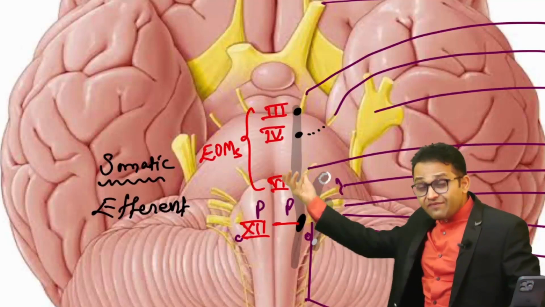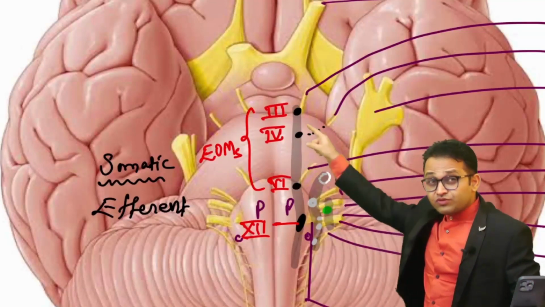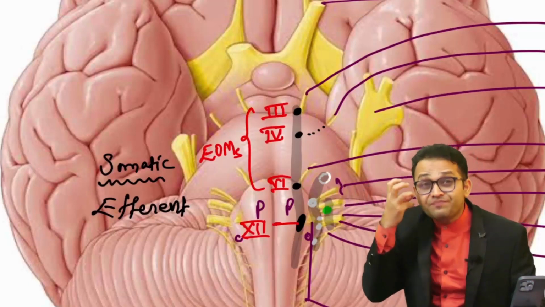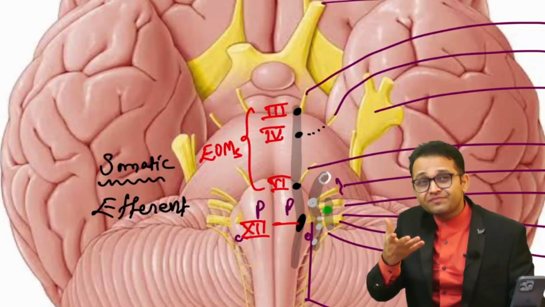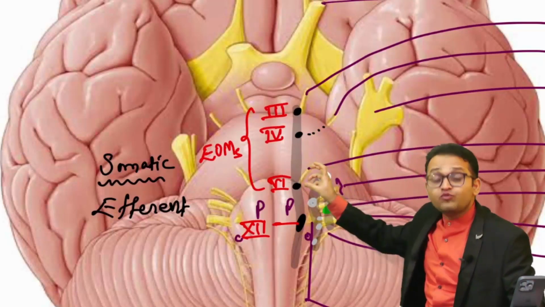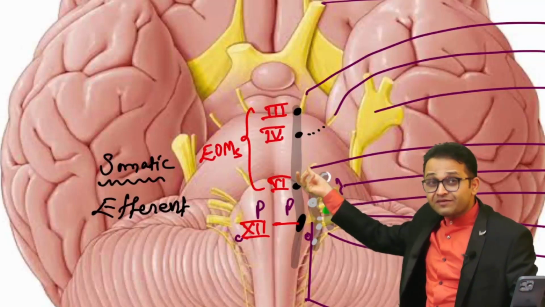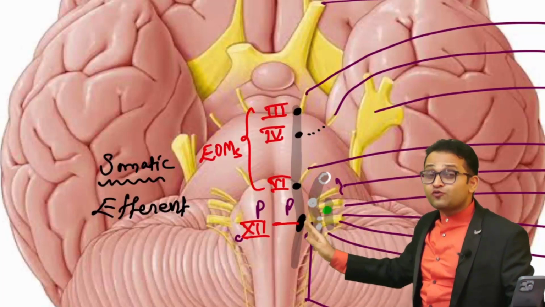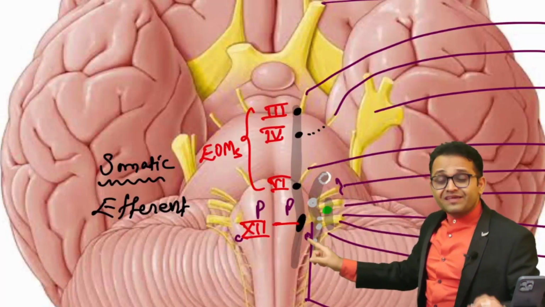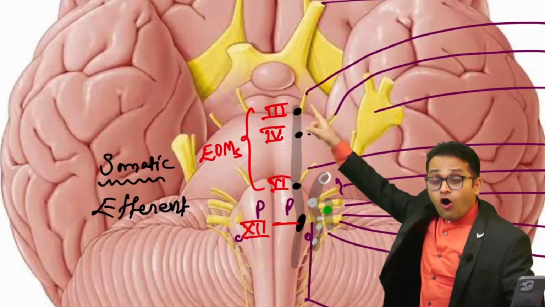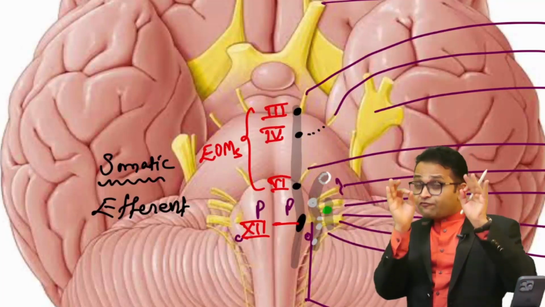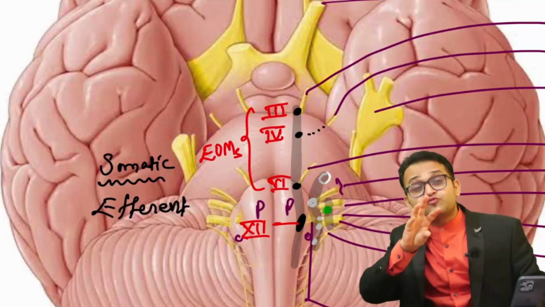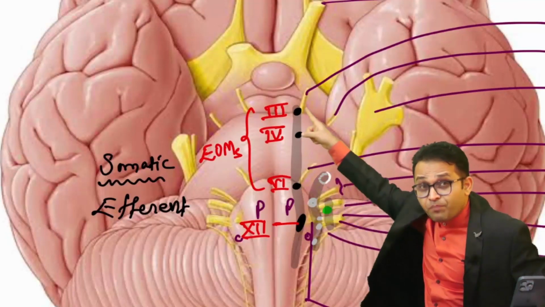These have a similarity. Cranial nerves 3, 4, 6 supply the muscles of our eyeball, the extraocular muscles. These are derived from the somites, so you will say somatic, and they show movement. Movement means efferent, so these are our somatic efferent. All the cranial nerves which supply somite-derived muscle and are responsible for movement are arranged in a particular vertical